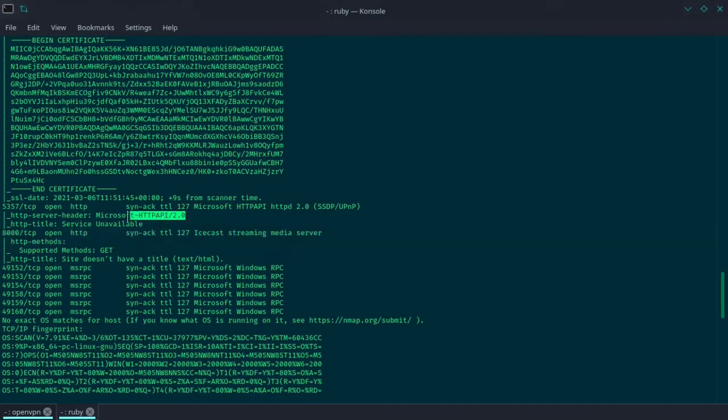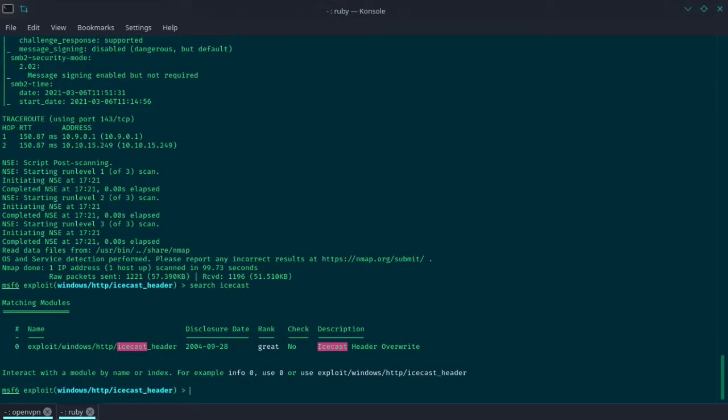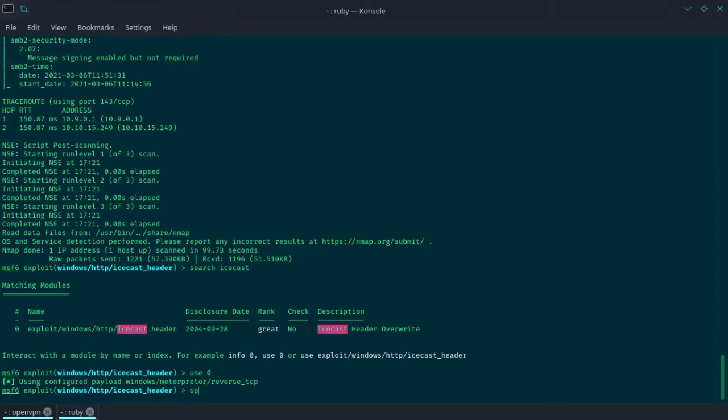And there is an exploit for icecast, so let's go and use that. And let's search for icecast in our Metasploit. As you can see, there's only one exploit related to icecast. Let's use this,